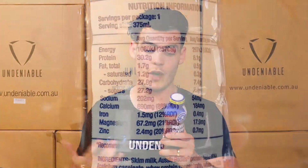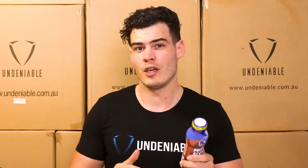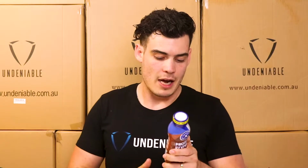So you're looking at 257 calories. That's pretty normal for these kind of shakes. You're looking at 30.2 grams of protein, an enormous amount of protein, which is great. You got 1.7 grams of fat, which is good. Some of these protein shakes will have a little bit more fat in them, up to sort of 5-ish. And normally with those ones, you sort of get that thicker, creamier, fuller sort of taste. And they're normally a lot nicer, but this one's gone for the low fat, which is great, keeps those calories